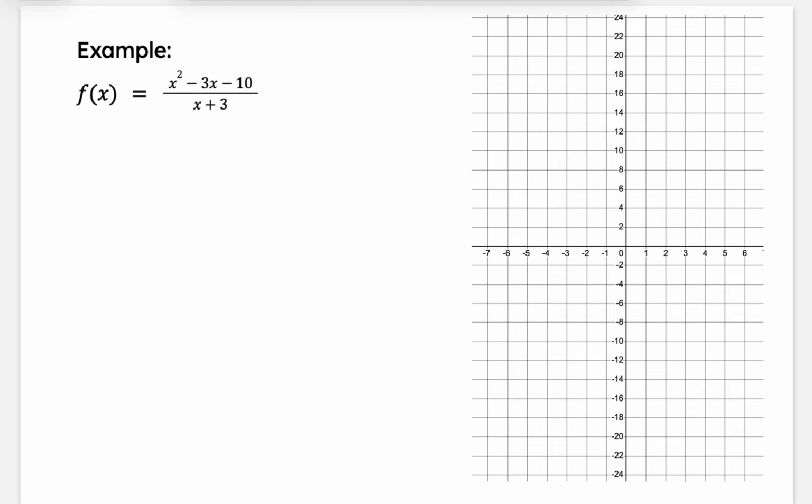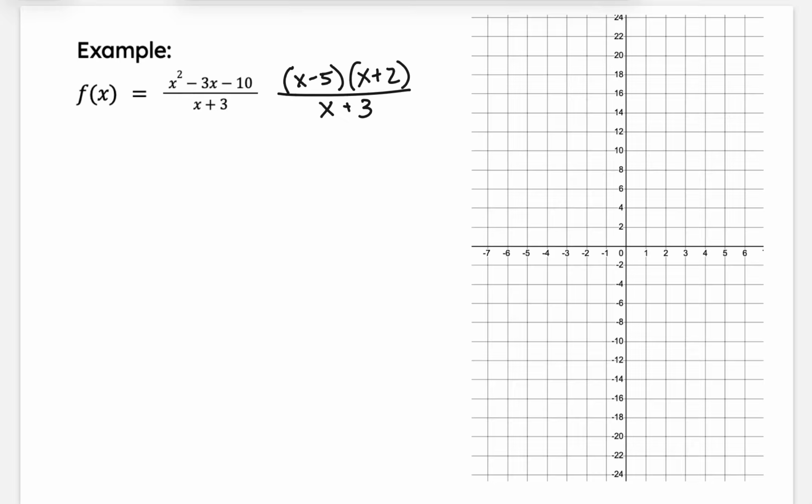Okay, so same thing on this one. I want to factor if I can. The top is a numerator, the numerator is a quadratic, is what I meant to say. What multiplies to negative 10 and adds to negative 3 would be negative 5 and 2. And the denominator is just x plus 3. We can't do anything with that. So I factored it to see if I have any holes or if anything cancels, and it doesn't in this